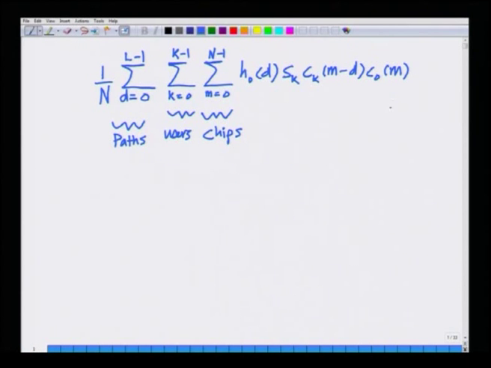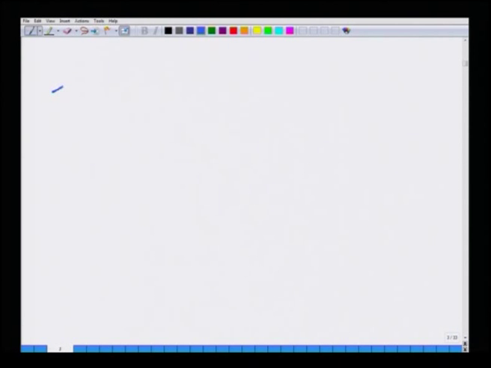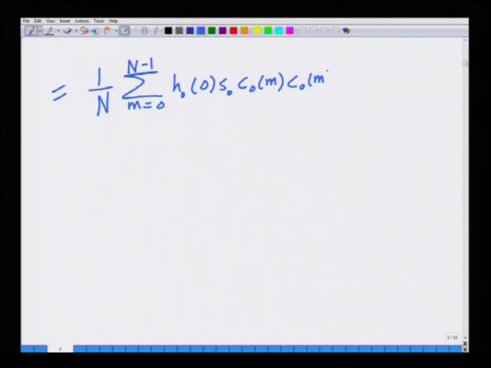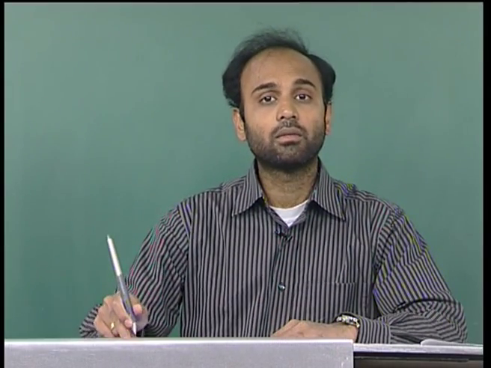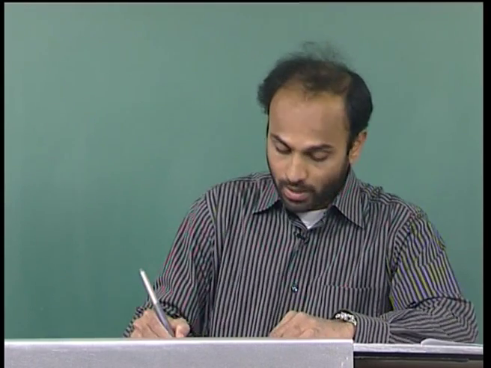So, I will write this summation, which is the next net received signal, as the sum of these three components, which can be represented as 1 over n, summation m equals 0 to n minus 1, that is summation over all chips, h 0 0 s 0 c 0 m, c 0 m. This is the component corresponding to user 0 path 0, that is path with lag 0, plus,